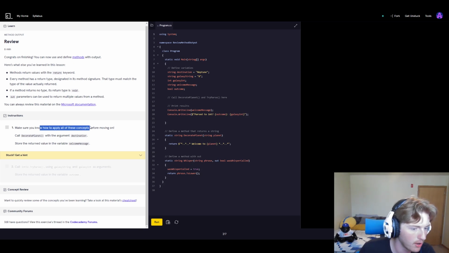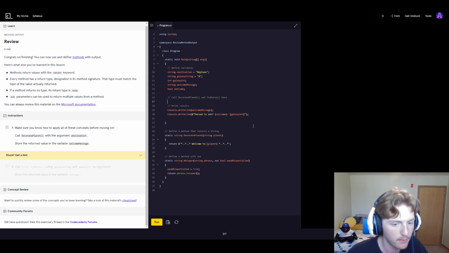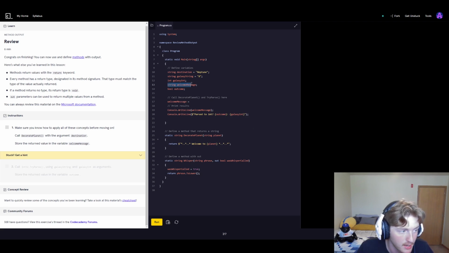First, make sure you know how to apply all these concepts before moving on. Call decorate planet with the argument destination. Store the return value in a variable named welcome message. So we're going to go inside of this, and we are going to call decoratePlanet, but we are going to store the return value in the variable welcome message. So we'll define welcome message. And if you notice, I'm not putting string in front of it, and that's because there is already a definition for welcome message as a string, so I don't have to repeat myself that it is a string. So we will use that decorate planet function,